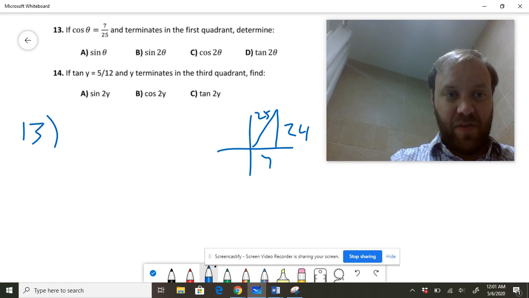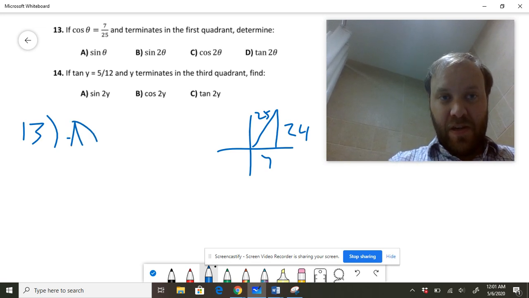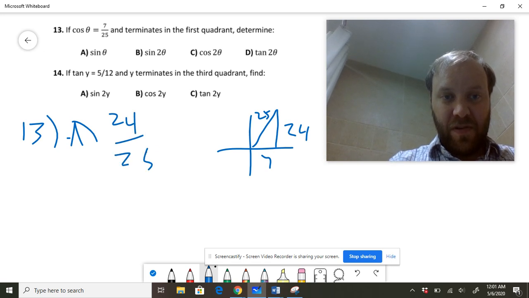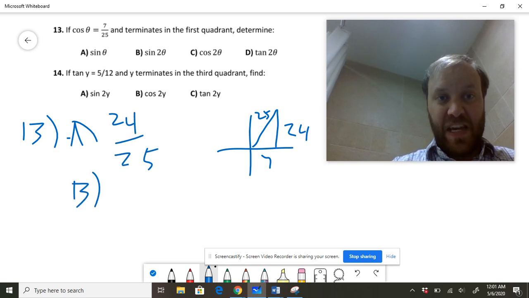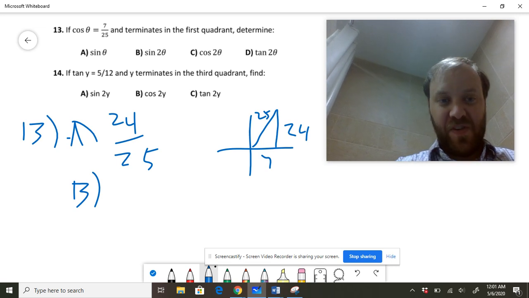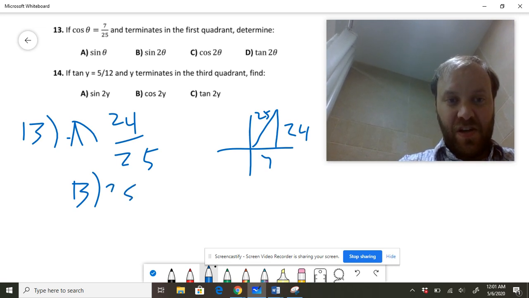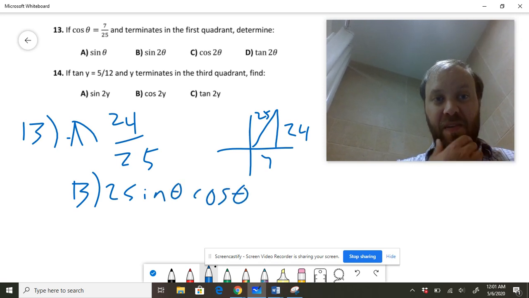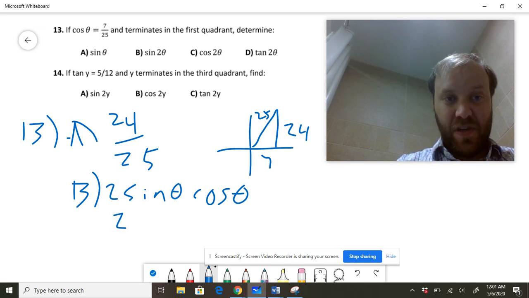So, of course, sine of theta is just going to be the opposite side over the hypotenuse, which is just going to be 24 over 25. Part B, sine of 2 theta. Remember, sine of 2 theta is 2 sine of theta cosine of theta. So now that we have sine and cosine, that's 2 times the sine, which is 24 over 25, times the cosine, which is